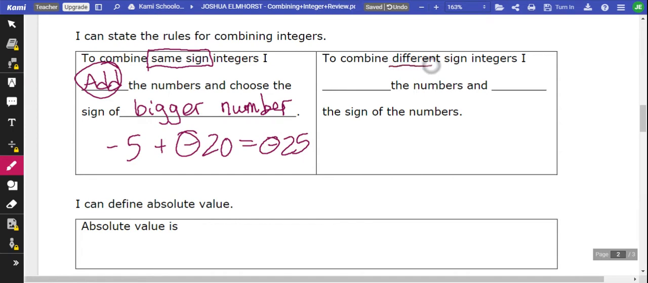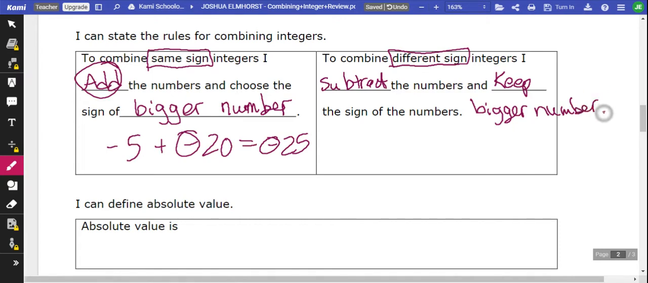So to combine different signs, I subtract the numbers and keep the sign of the bigger number. We can still use the same strategy, okay? The bigger numbers. For example, if I have negative 5 plus 20,